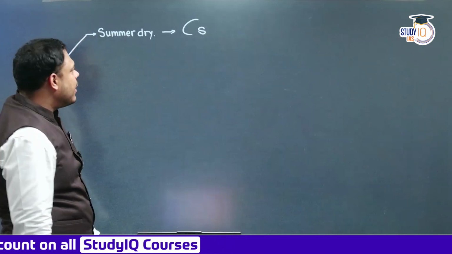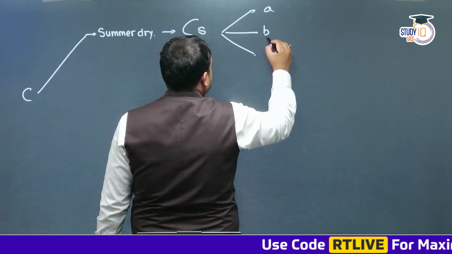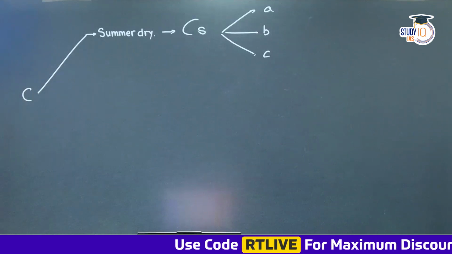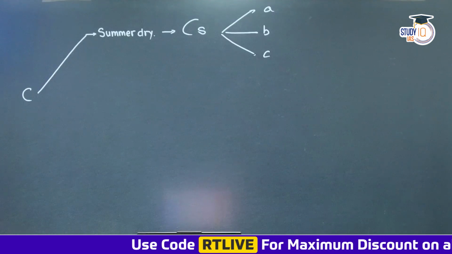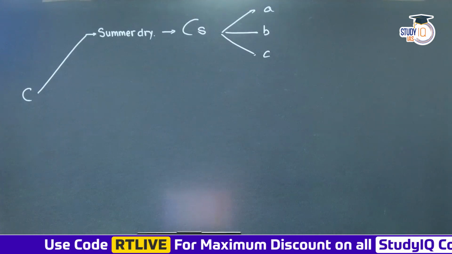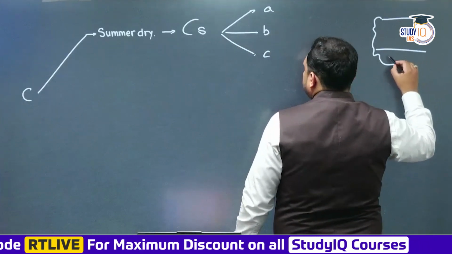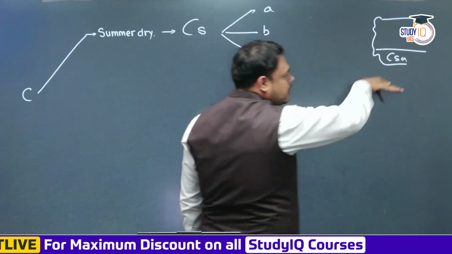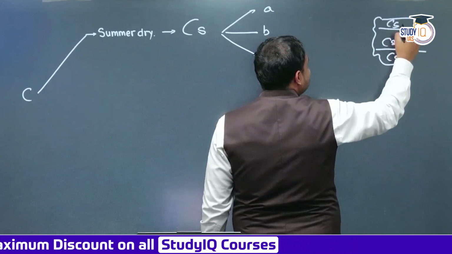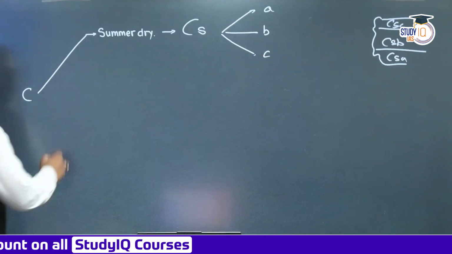What guys? CS. Now guys, he used 3 more terms, A, B, C. He said in A regions, the winters are less extreme, B, winters are more extreme, and C, winters are very extreme. Fine. So if I have a region, this will become CSA because it is lower in latitude. As you go up, it will become CSB and CSC. Getting my point? Just because winter are getting extreme as you go up. Then guys,